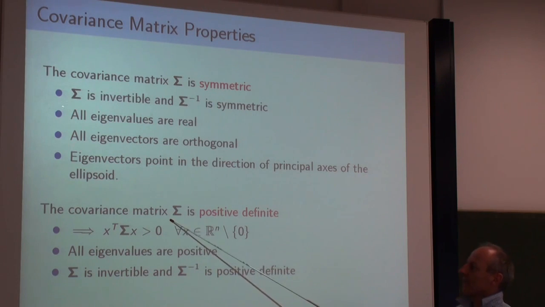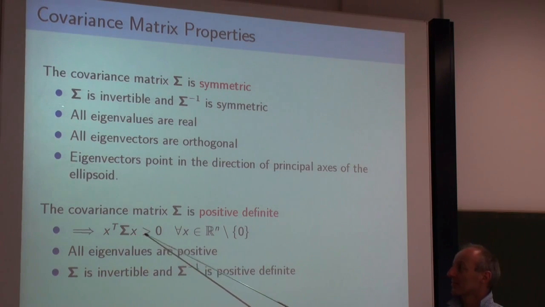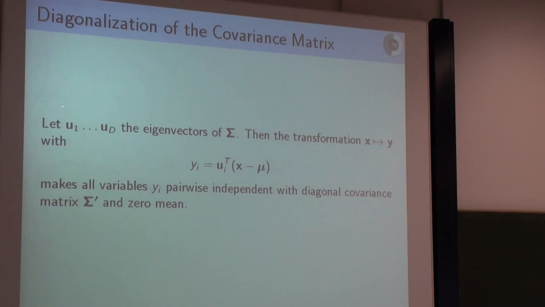And another nice property, the covariance matrix is positive definite. Positive definite means that this product x transpose sigma x is greater than 0 for all vectors x. All eigenvalues are positive, and the inverse is also positive definite. These are properties we will use. Okay, and now the covariance matrix,